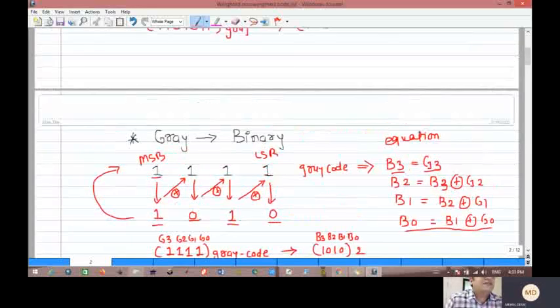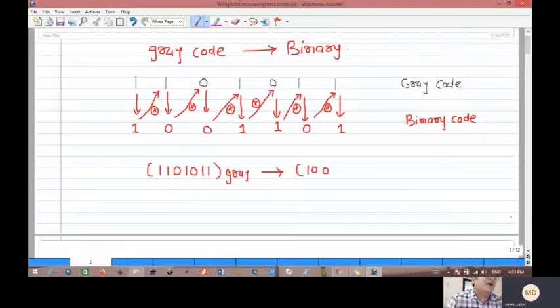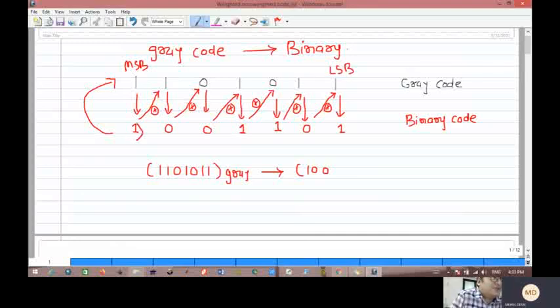Now let's take another example. Suppose the same value: in the previous example, 10011101 was given and we converted it into gray code. So here also we cross check. So initially this 11010111 is the gray code. Here this is MSB and this one is LSB. So MSB first of all we write as it is. So this one, 1, is kept as it is.